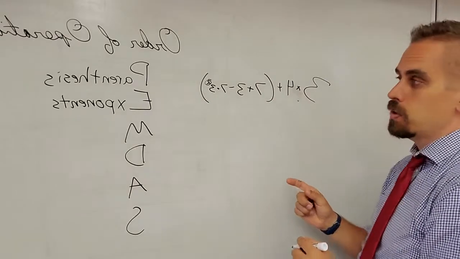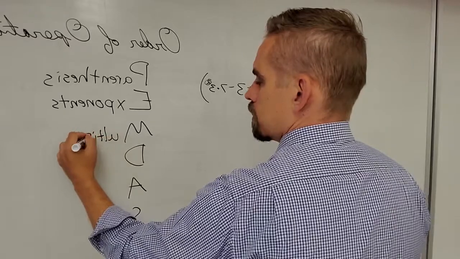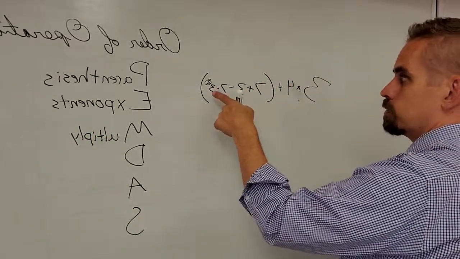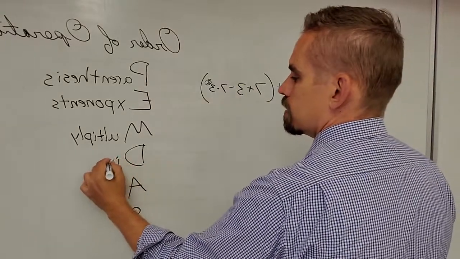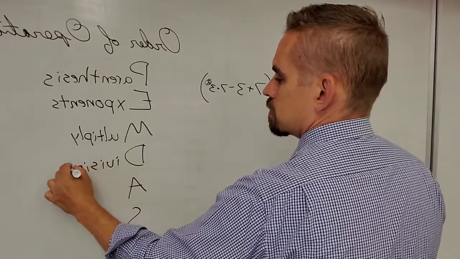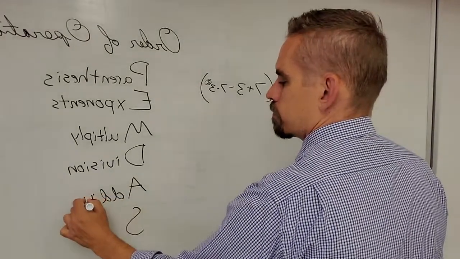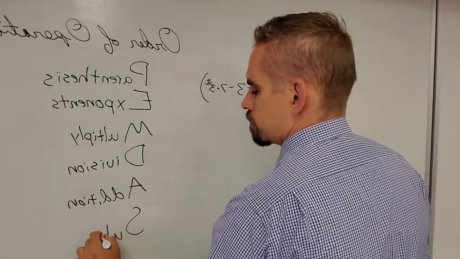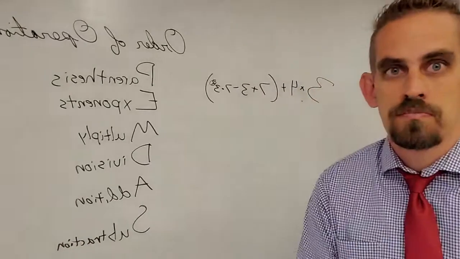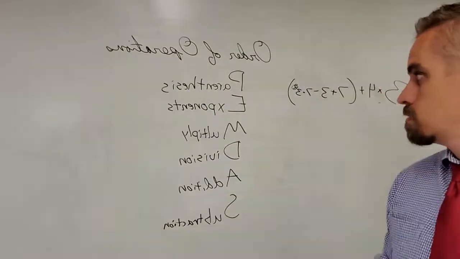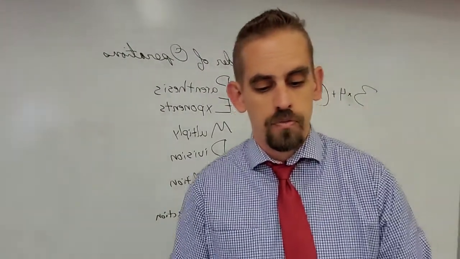Then after exponents, you say, okay, I'm gonna, and if you guess multiply, that's right. So I'm gonna do my multiplication. If you had any division, then you would do that. Then lastly, addition and subtraction. So, PEMDAS: parentheses, exponents, multiply, divide, add, subtract. And that's what you have for your second